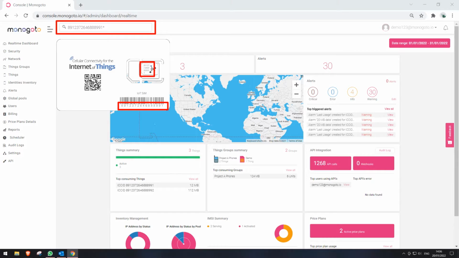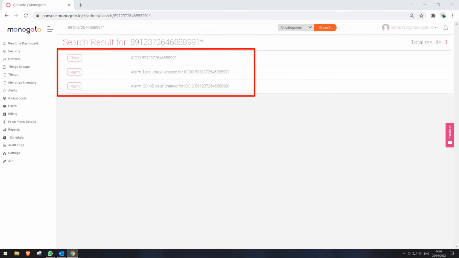In that case, please enter the ICCID number of the SIM card. However, please add an asterisk at the end of ICCID. If you do not put an asterisk at the end of the ICCID, you may not be able to see your SIM card, because some physical SIM cards are showing one less digit and the portal is searching for an exact match. Here you can see the search results that are showing everything related with our search SIM card ICCID